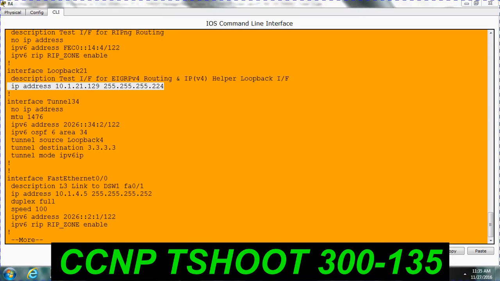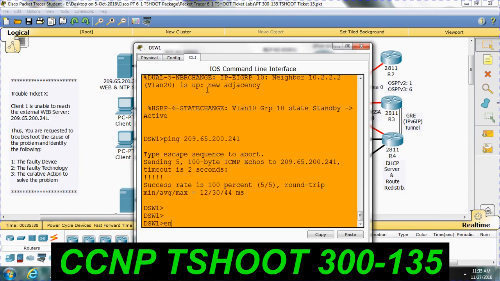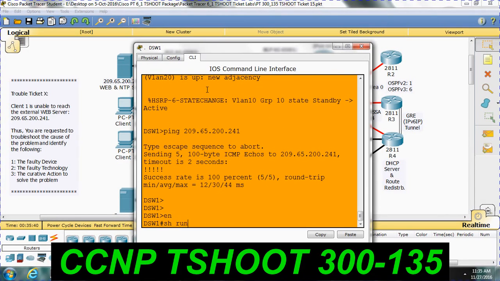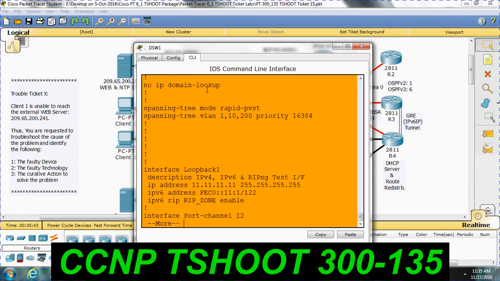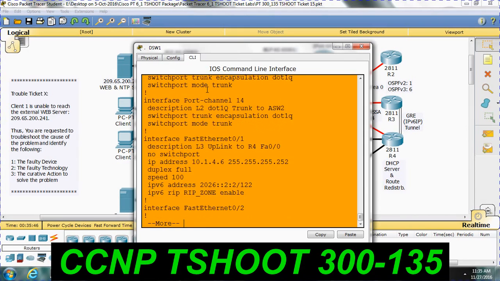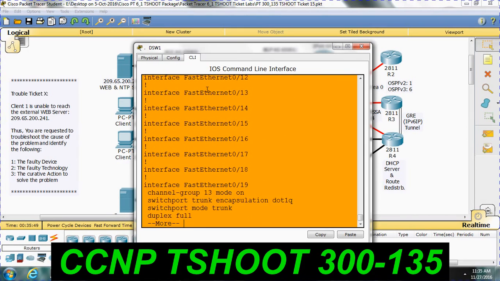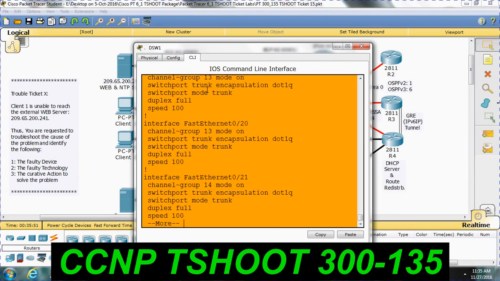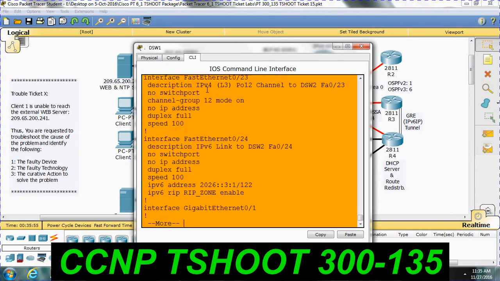address command config in the distribution switch, because it will forward the packet to router 4 interface loopback 1 where the IP helper address was configured. So we need to check what is the IP helper address command config with respect to VLAN type, right? Because you need to get